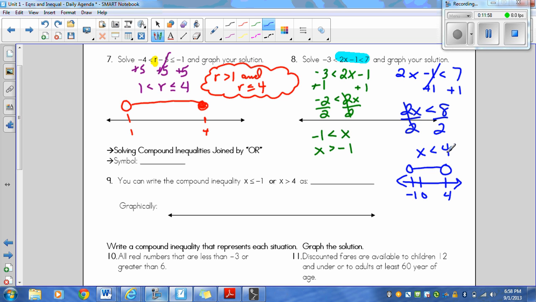Symbol for an or inequality. It's the U or the V. They're the right side up, basically. The ands turn them upside down. You can write the compound inequality as x is less than or equal to negative 1, or x is greater than 4 as,